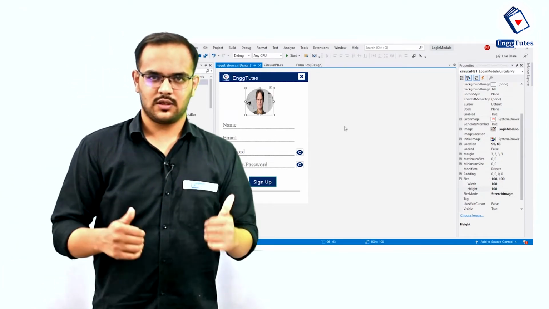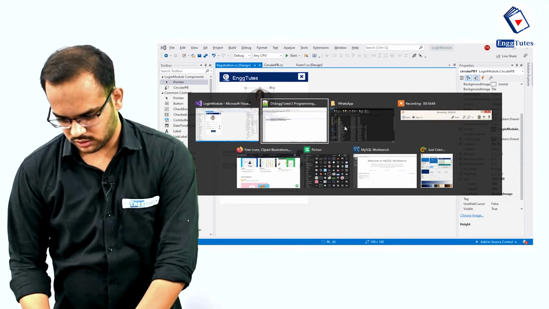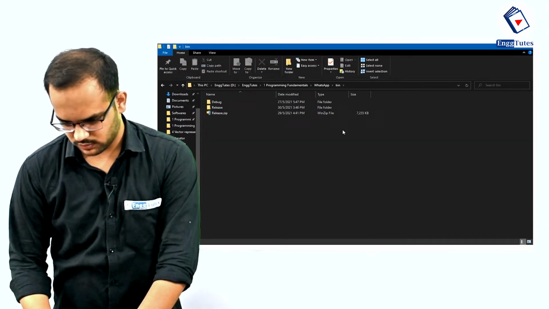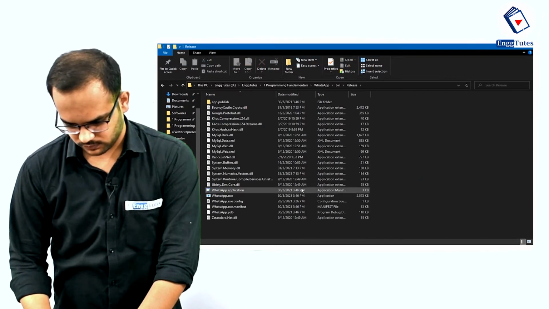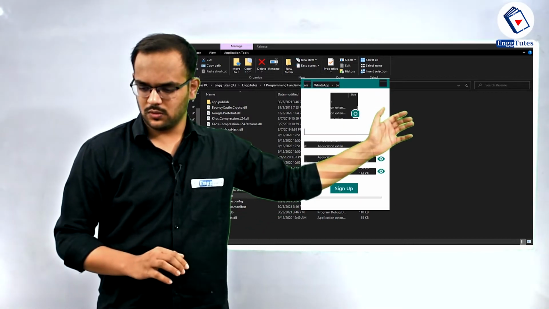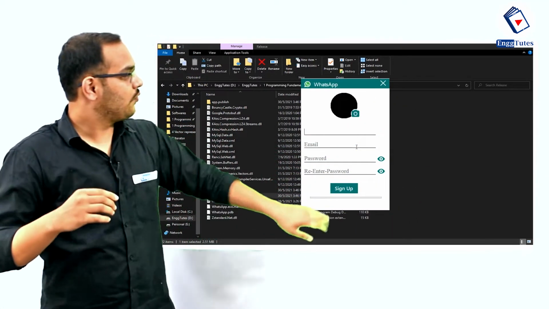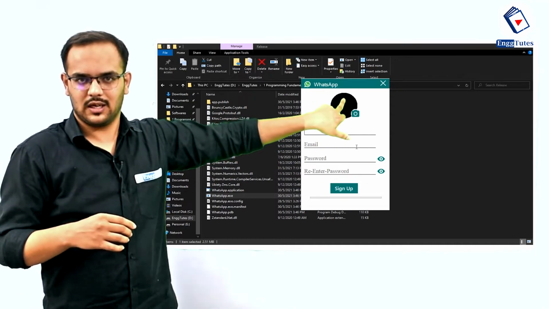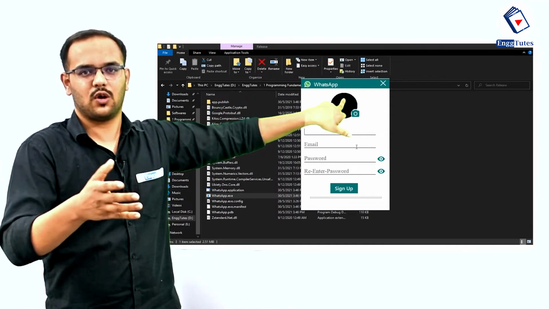Got it? Done. So now go to our design, so we need to create this. We got our circular PB, and you can see it has some black color, so you can set the forecolor or background color as black.